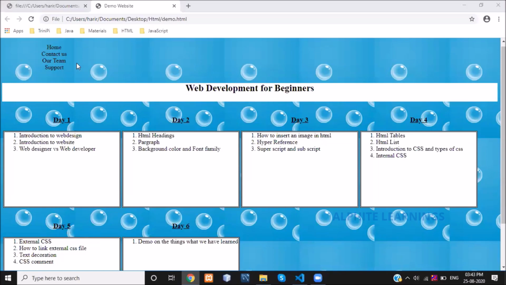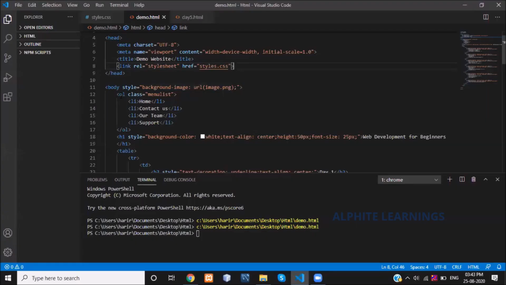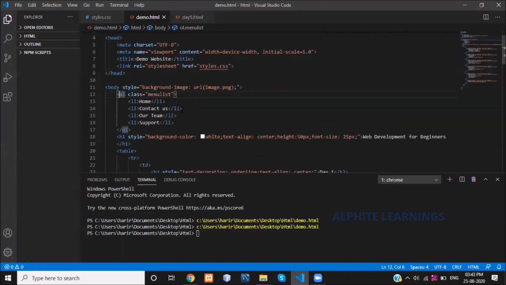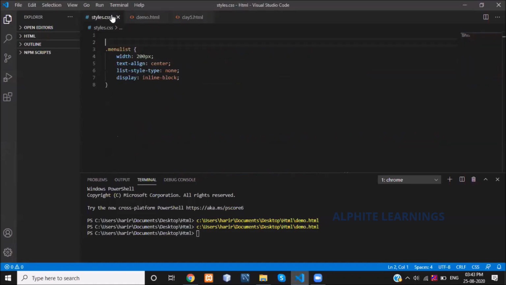Now why is it not replicated? Let's debug what happens here. I have given ordered list, class menu list. What mistake did I make here?